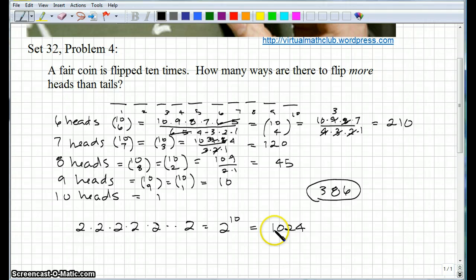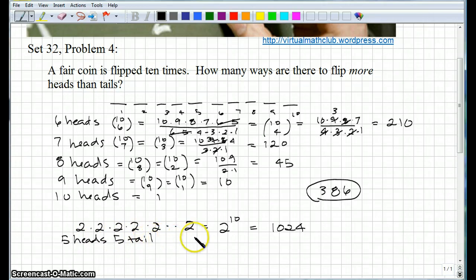So I know that 2 to the 10th is 1,024, and that's the total number of ways that these heads and tails can come up with 10 flips without any restrictions. So sometimes we're going to get more heads than tails, sometimes more tails than heads, and sometimes we might have the same number of heads and tails, because we could have 5 heads and 5 tails. So there's that case in the middle where we get 5 heads and 5 tails. If I can calculate the number of ways to get 5 heads and 5 tails, that's easy,